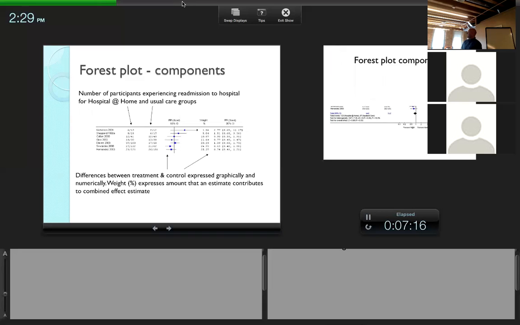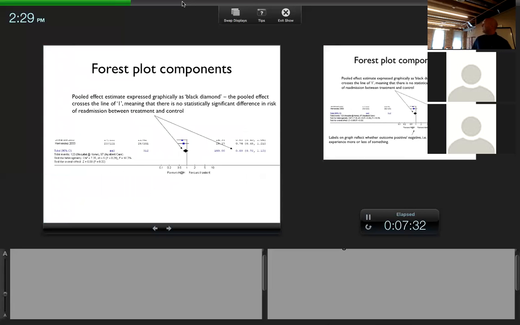So this tiny study contributed almost the square root of nothing, right? And this is the biggest study on the block and basically contributes about a quarter of the weight to that pooled estimate. Everyone happy? Isn't it easier to make your way around? I think they're lovely. And then we end up with our pooled effect expressed graphically as a black diamond. So in this instance, do we have a statistically significant reduction in hospital readmission associated with our intervention? No. There's an 11% reduction, but our true population estimate could be anywhere between